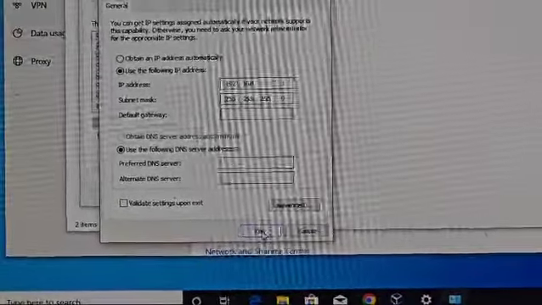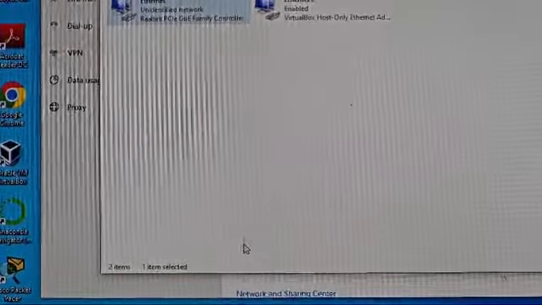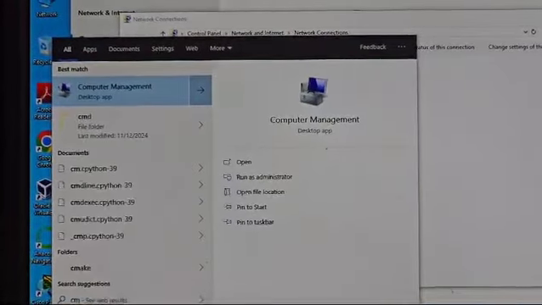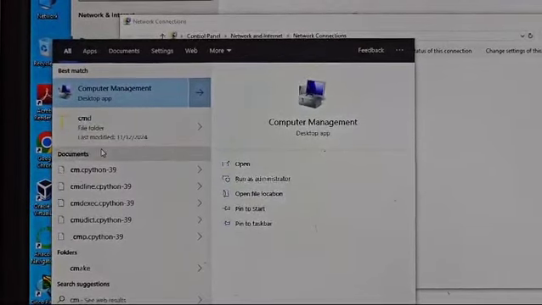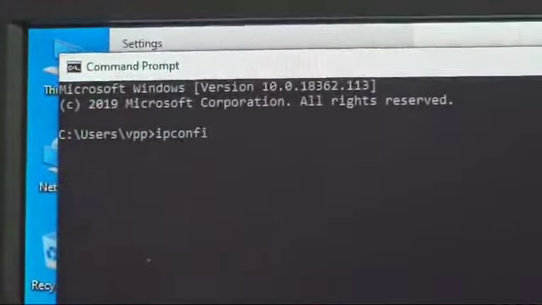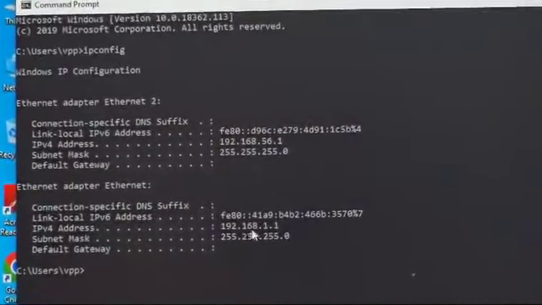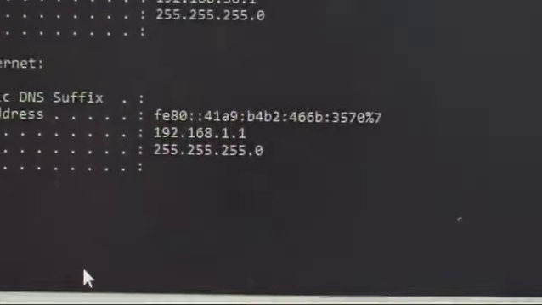No need to give the gateway. Say OK and close this. To check the IP address, you can go to the command prompt and check with the command ipconfig. Here you can see that your IP address is 192.168.1.1, which is a class C IP address.